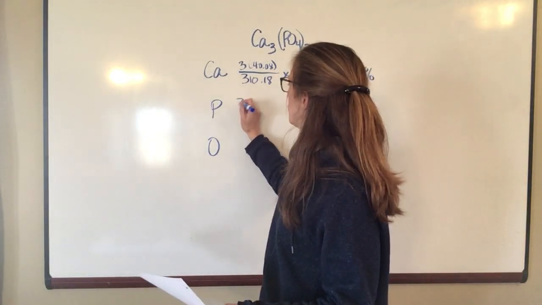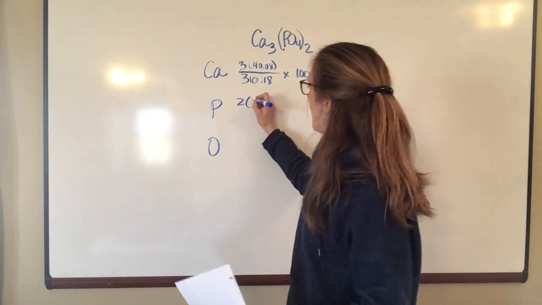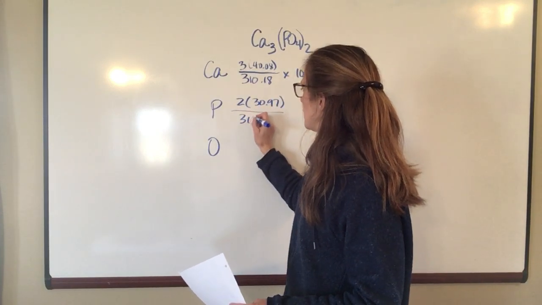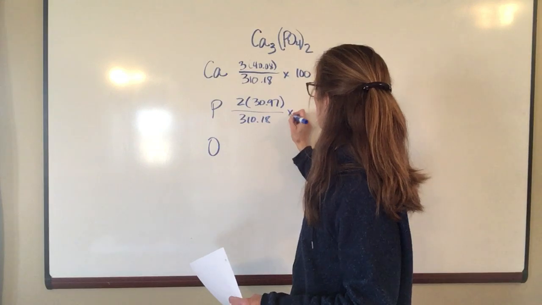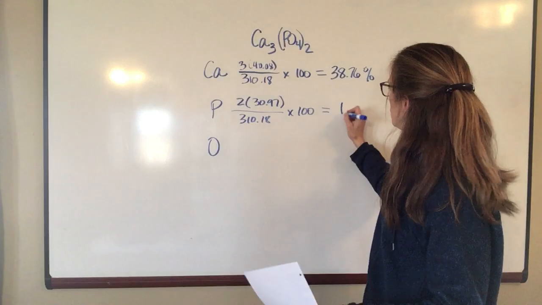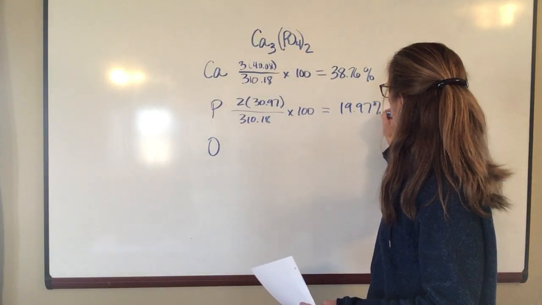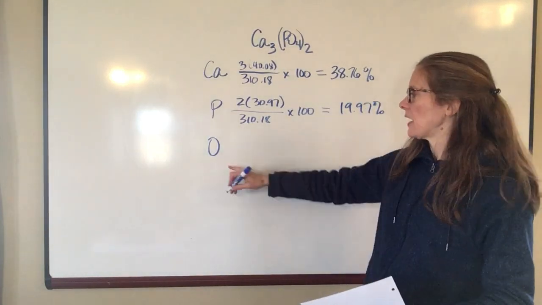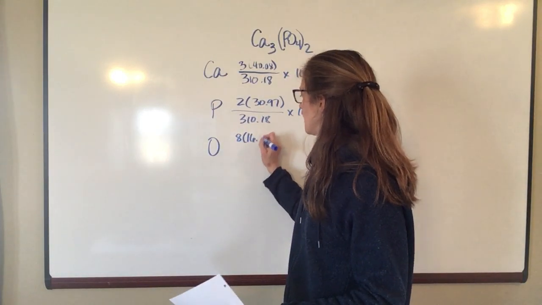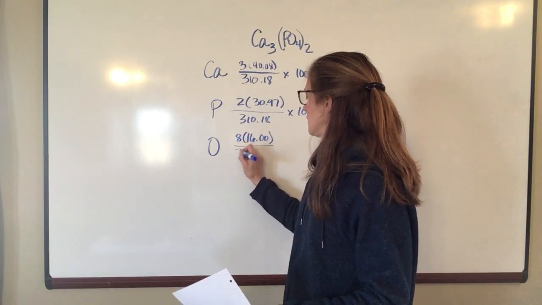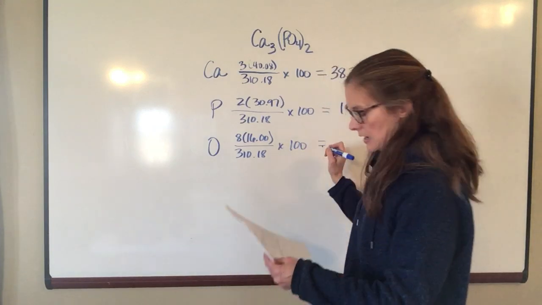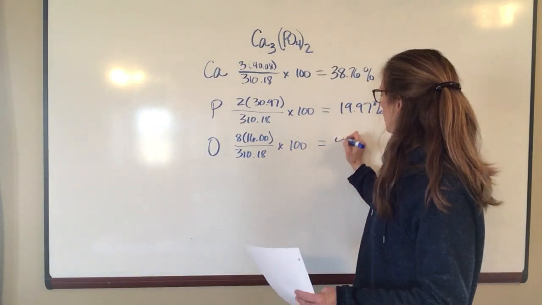Okay, same thing for the phosphorus. I have 2 phosphorus atoms at 30.97 each, divided by 310.18, multiply it by 100, again, part over the whole, times 100, and that will give you 19.97%. And then finally, the same thing for the oxygen. 2 times 4 is 8, so I have 8 oxygens at 16 apiece. Divide that by 310.18, multiply by 100, and that's going to give me